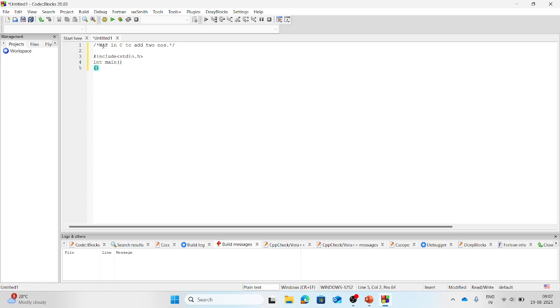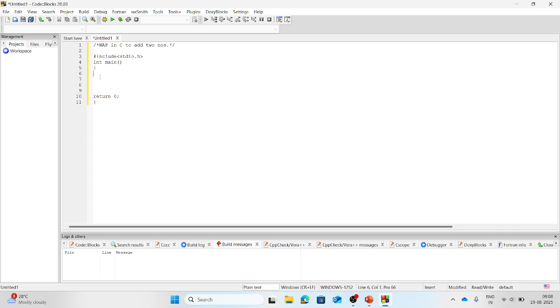After that, you need to open curly braces, and if you are opening the curly braces then obviously you need to close them. And if you are using int main, means if you are using int, then we need to return a value. So this is the main syntax which you need to use every time, and this semicolon we are using for terminating the line.